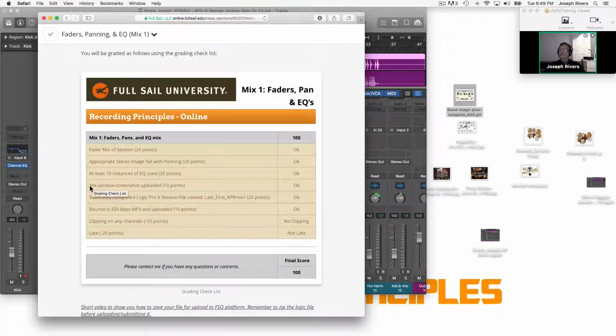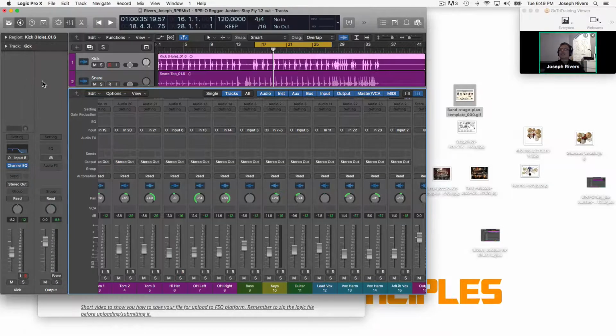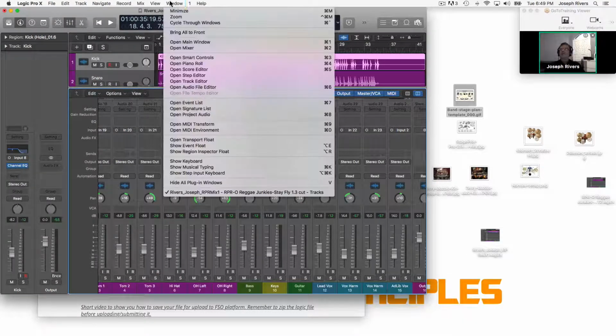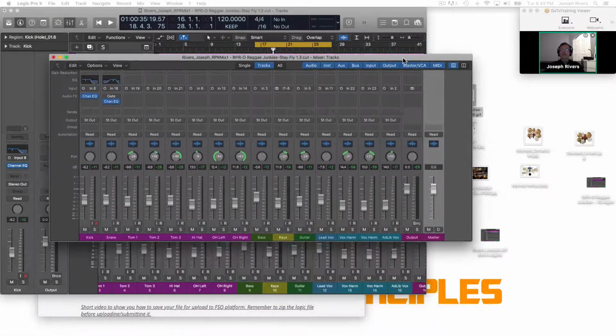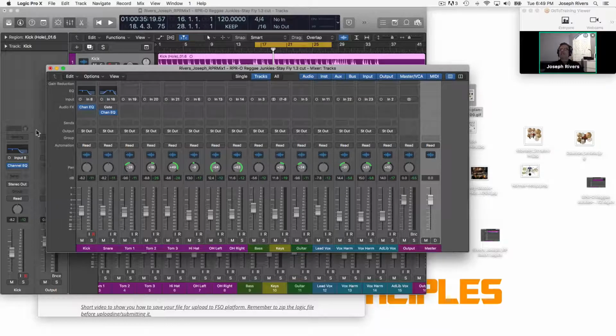Next thing is the mix window screenshot. Well, that's a real simple one. Here's the mix window, or even quicker, I can come over here to Window, Open Mixer, and it opened up on my other screen, but here you go. Here's the mixer window by itself. You'll notice it shows everything,